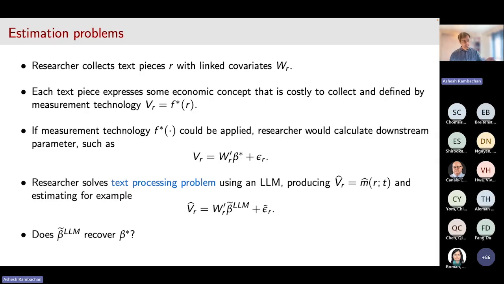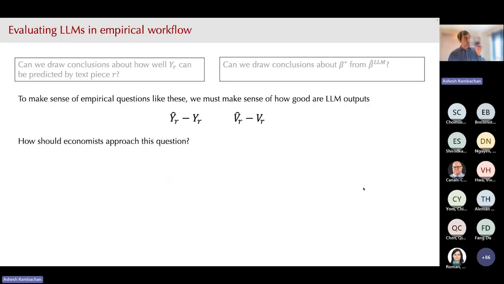Different prompt engineering strategies will result in different labels. And I'll show you that in empirical applications in economics, if you use different prompt engineering strategies in this workflow, you're going to get a wide variety of estimates, different signs, different significance levels. And so the problem is going to be, what do we do in light of that variability? But this is a perfect segue to the next section of the talk, which is really...